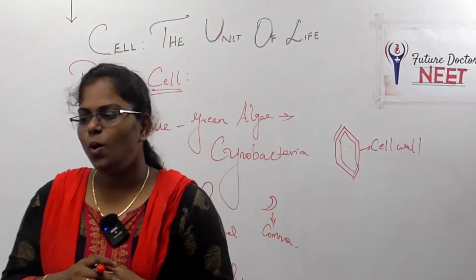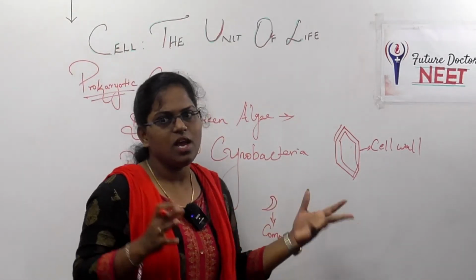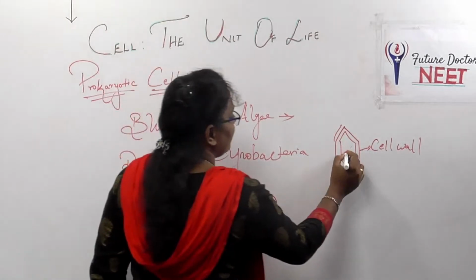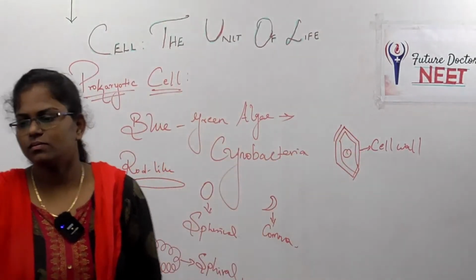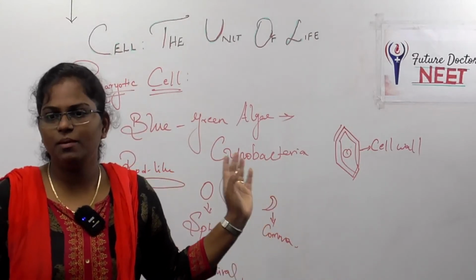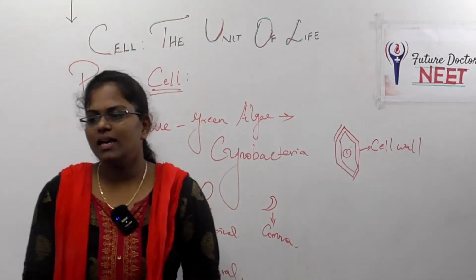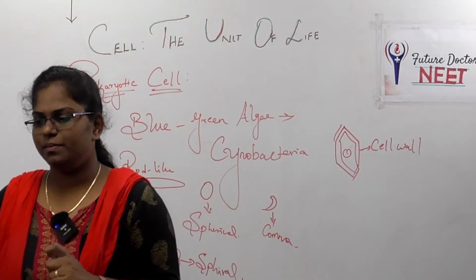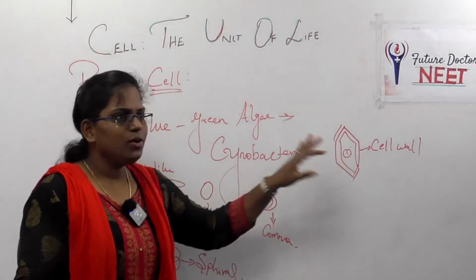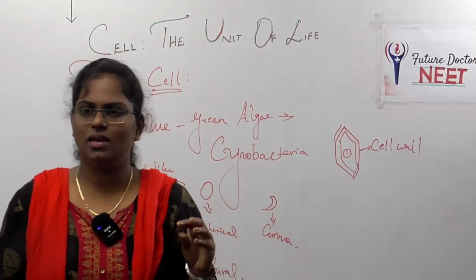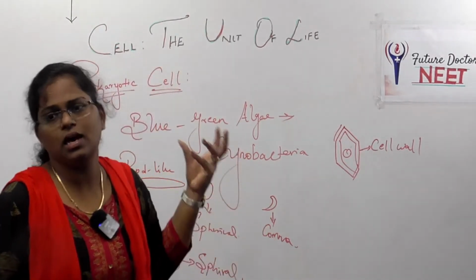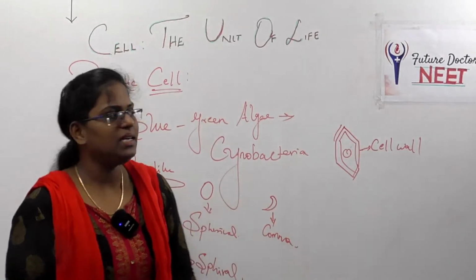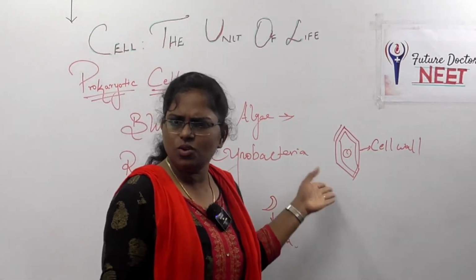And there is no well defined nucleus. So in prokaryotic cells, there is an absence of a nucleus, and a lack of membrane bound organelles. The genetic material is basically naked, not enveloped by a nuclear membrane. In the nucleus we have genetic material, DNA and RNA, but in prokaryotic cells there is no well defined nucleus.